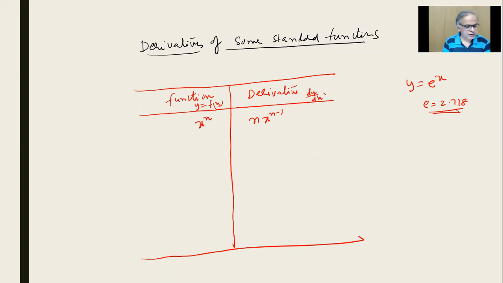Actually, the graph things, all that Bhaskar sir will do again. But the kind of graph you get for e power x, if you know, that's enough. Even that is not enough, but you should know e is 2.718. It has a big history. So if that function is there, the derivative is once again e power x. Even that we can derive, but once again, you should know certain formulas. e is 2.718, but any other number a I can also take, a power x. That will be a power x log a.